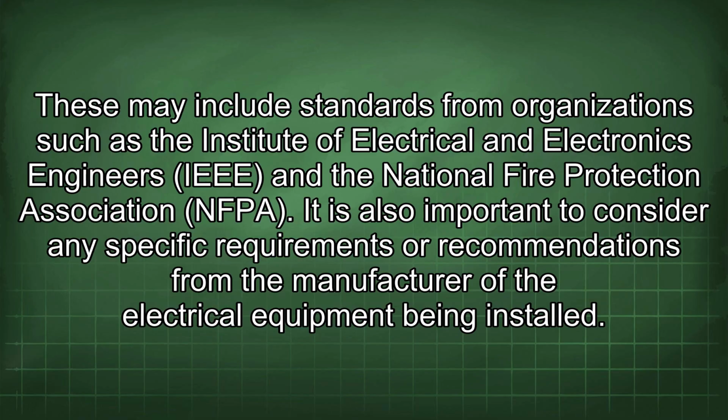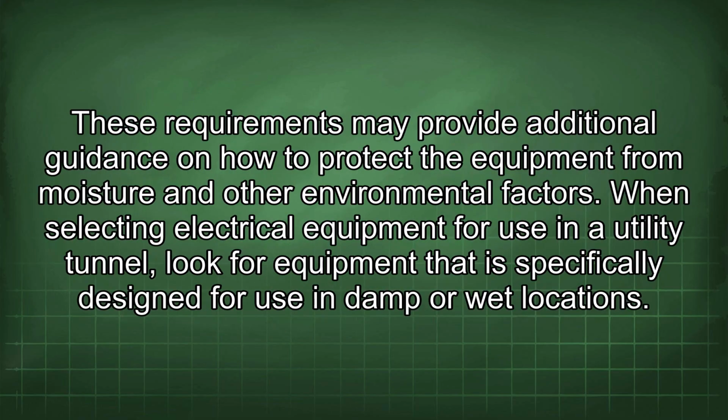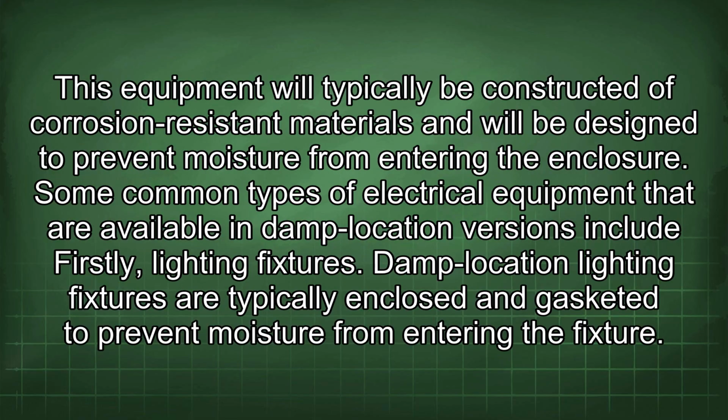It is also important to consider any specific requirements or recommendations from the manufacturer of the electrical equipment being installed. These requirements may provide additional guidance on how to protect the equipment from moisture and other environmental factors. When selecting electrical equipment for use in a utility tunnel, look for equipment that is specifically designed for use in damp or wet locations. This equipment will typically be constructed of corrosion-resistant materials and will be designed to prevent moisture